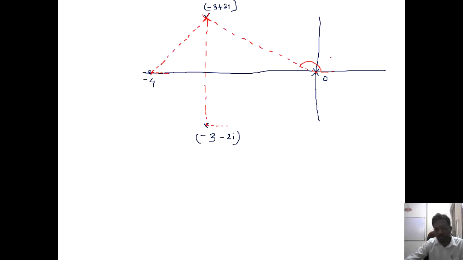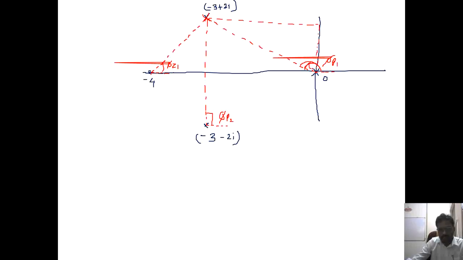So this is a pole, so we can write this angle made by pole 1, because another pole we have. This we term as phi p2, because angle made by pole again, so second angle. And this is our 0, so this is angle made by 0, phi z1. Okay, now let us calculate all the angles. We know that this angle is 90. Okay, remaining this angle.